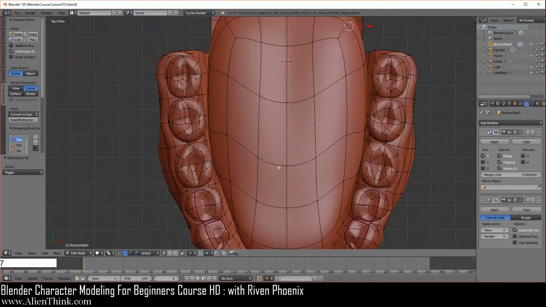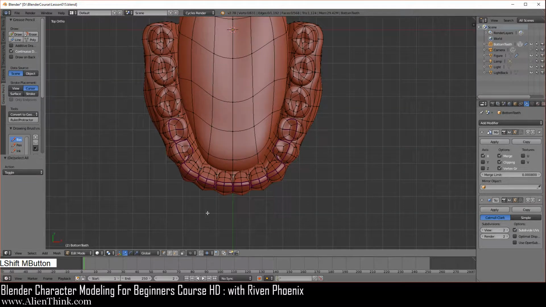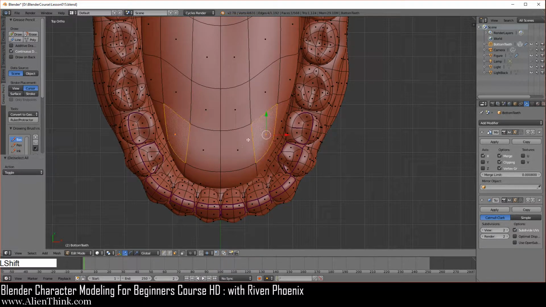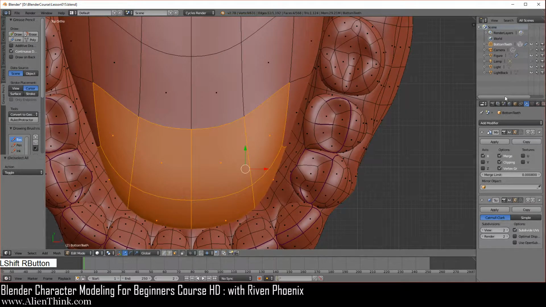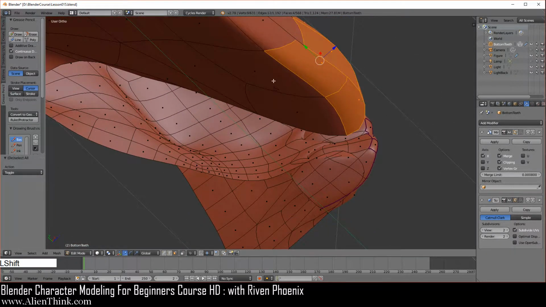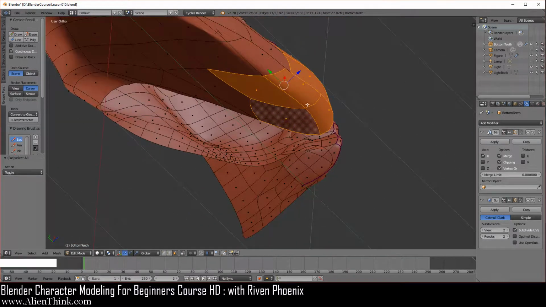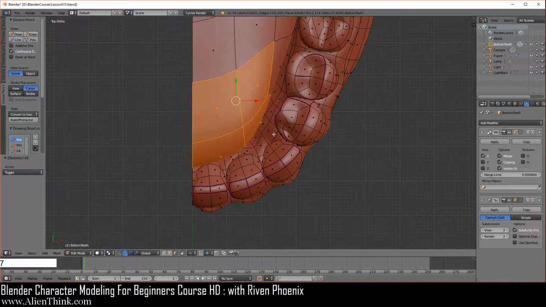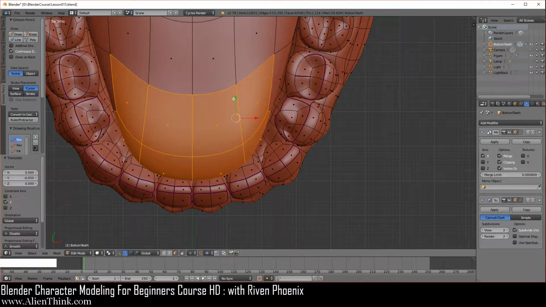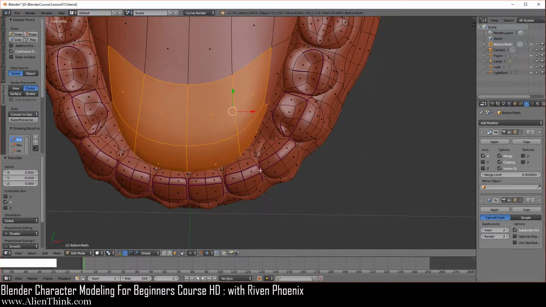So I'm just going to do the 7 key to go to the top view, A to deselect, and click on the face select mode. And so I'm just going to select on this face, not this one. Accidentally selected this. I'm going to click this off so I can go inside over here, shift key down, this one and this one over here. I'm going to go to the top view and click this back. I'm going to bring it in, make sure that snapping is enabled. Bring it in 1, 2, 3, 4, 5. Bring it in pretty close over here.